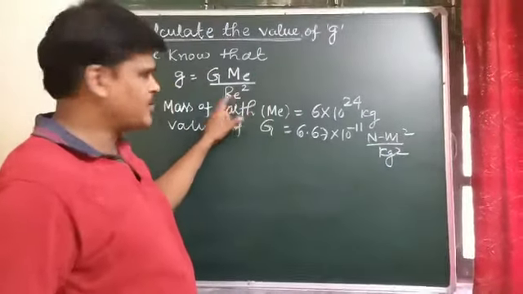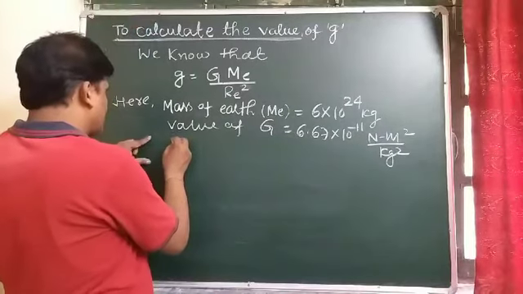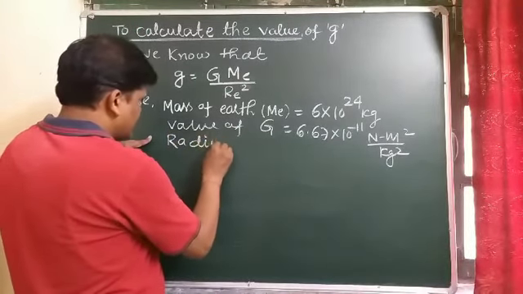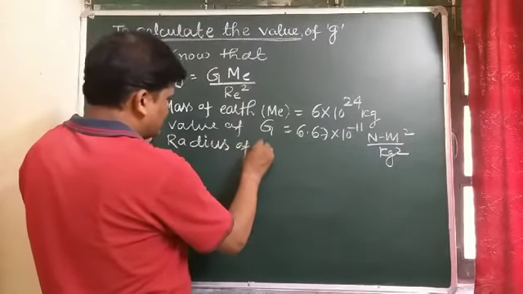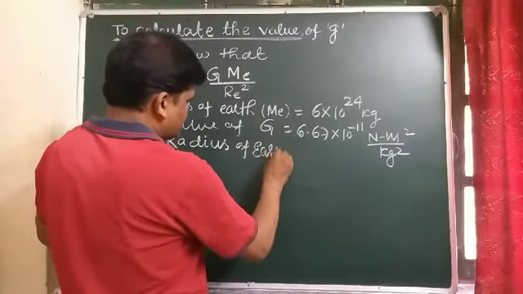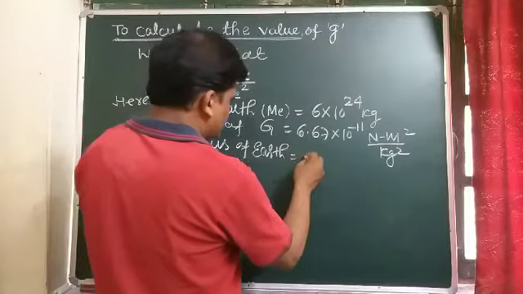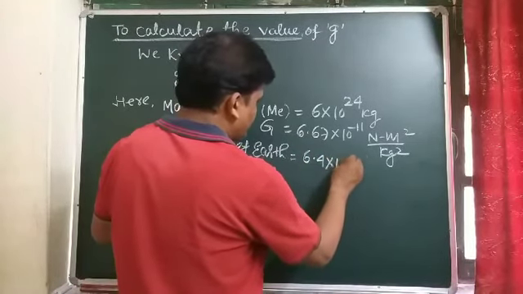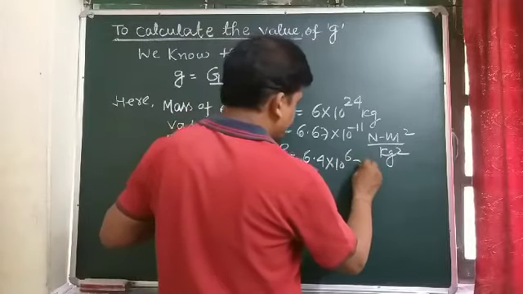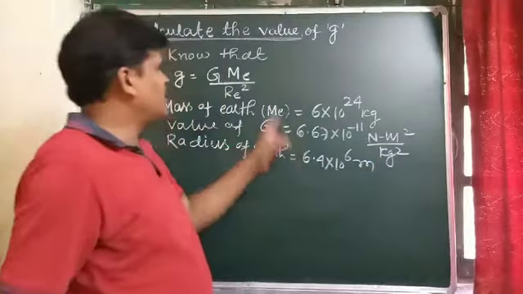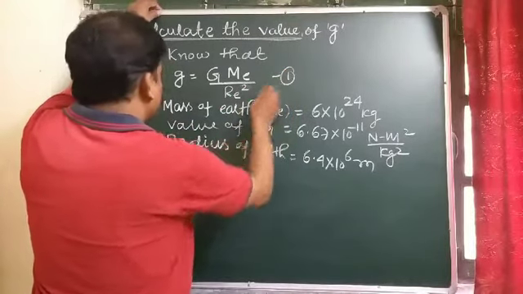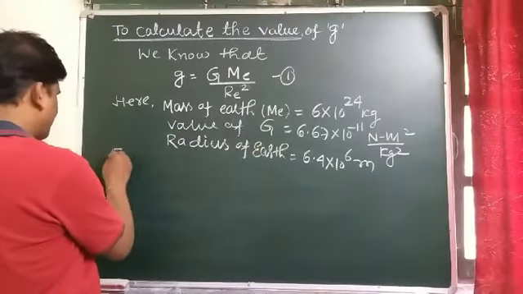And the radius of Earth is 6.4 into 10 to the power 6 meter. Putting all these values in equation 1, we get from 1,